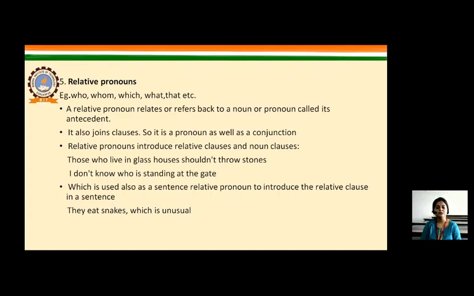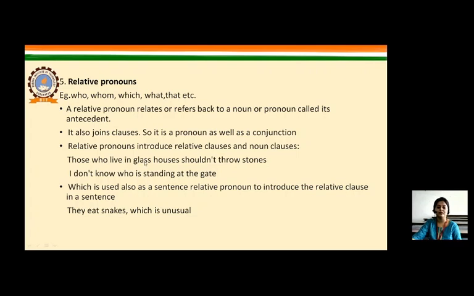Like if you're joining two sentences, this is the place where I lived a year ago. So one sentence is, this is the place. This sentence is complete. Now you're telling, I lived a year ago. It is again a complete sentence. But when you're using the word which or where, this is the place where I used to live a year ago, this is the class which was vacant last year. So you are using this relative pronoun here to connect the two sentences, and that is where it plays the part of a conjunction.